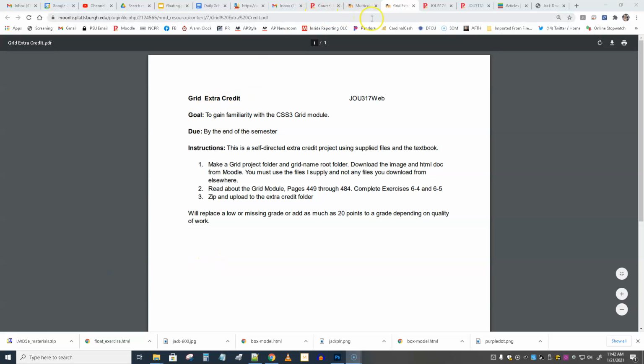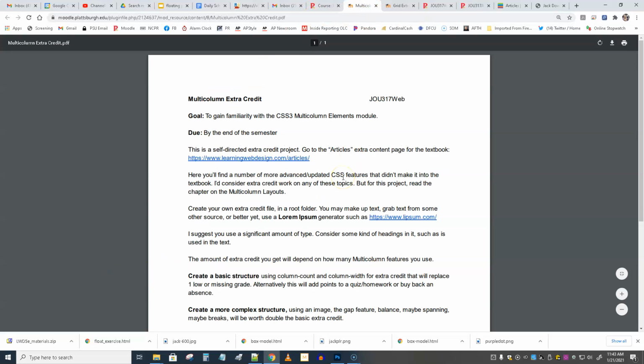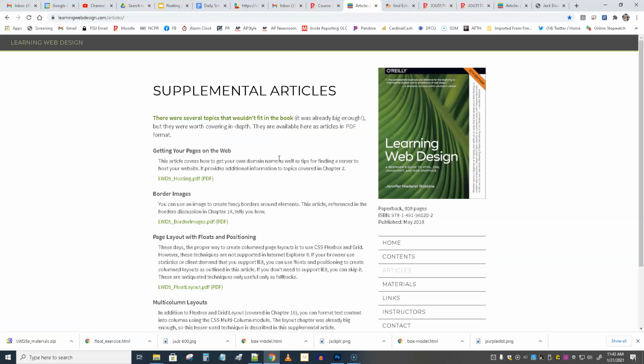And then there's another one. There is the multi-column extra credit. This is not even in your textbook at all. In fact, there's a number of things that didn't fit in your textbook. It's a big enough textbook, I know, but there's more and more stuff she gives you. You go to this link, and you'll see that there's a